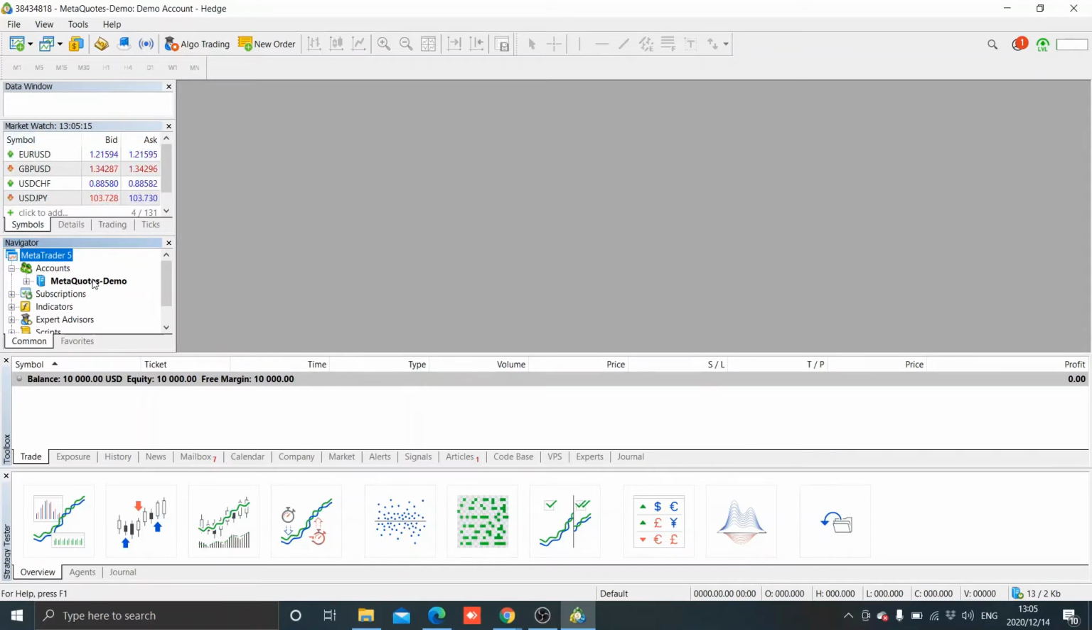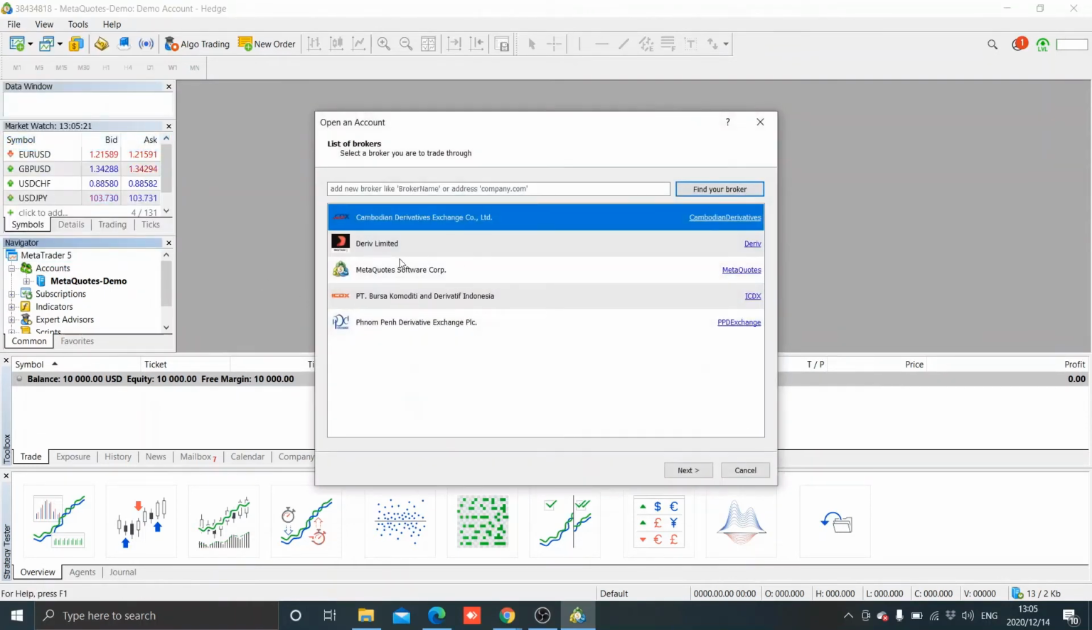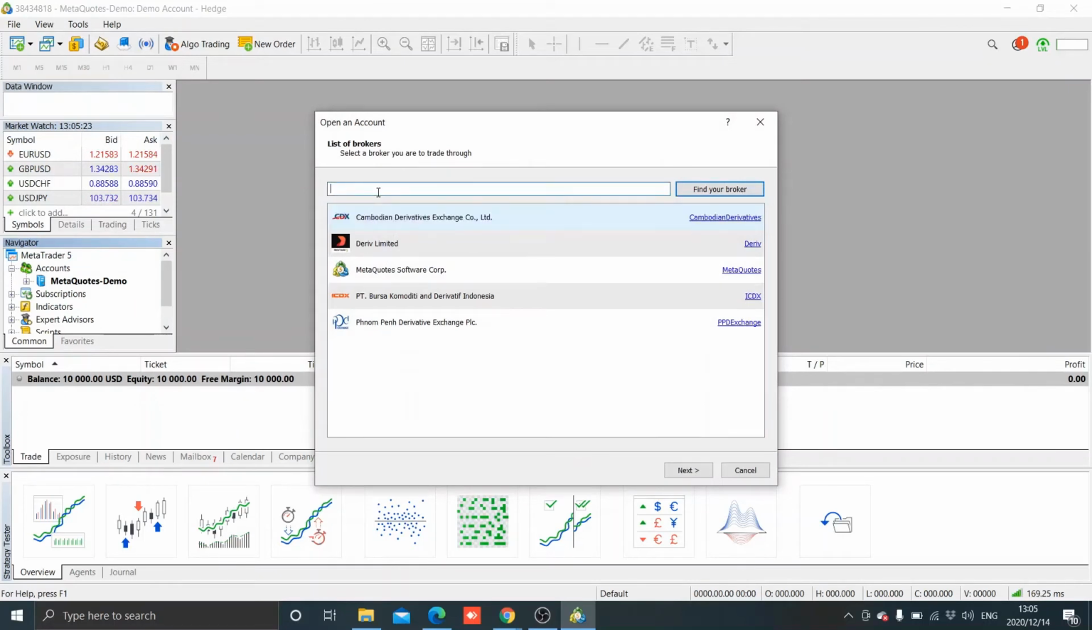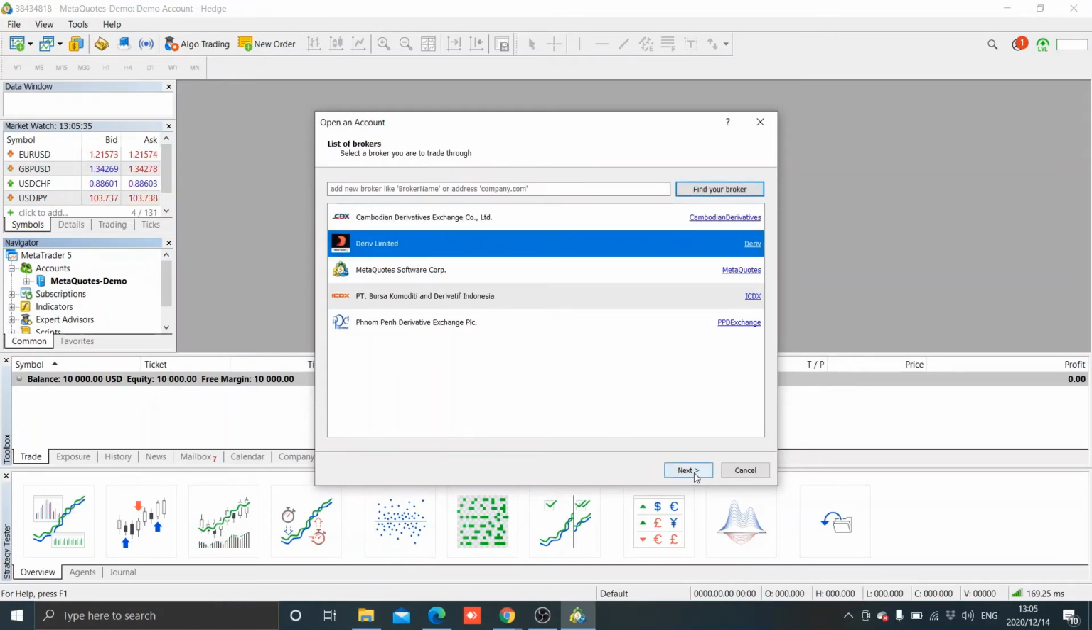But most importantly, I want to show you guys how to log into your account. So you're going to go File, Open an Account, right? Derive's already here. If you can't find Derive, please type in Derive, and it will take you direct to your broker. So Derive, find your broker. Obviously in this case it's already here. You're going to click on Derive Limited, next,